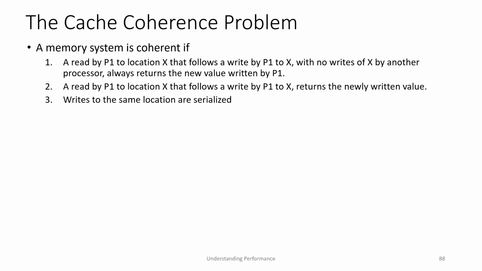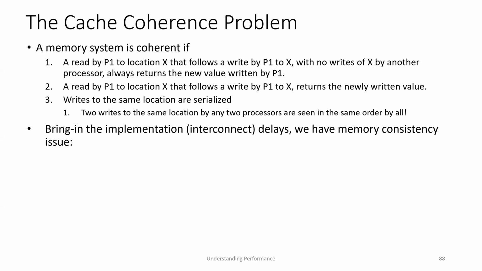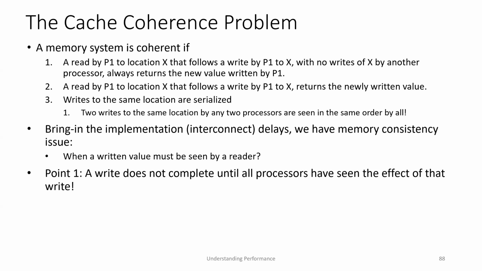They should be reflected in the same order also, right? And then if we add the interconnection delays, then we have the memory consistency issues on when the written value can be seen by the next processor which is trying to read, right? And then we have the point that a write does not complete until all processors see the effect of that